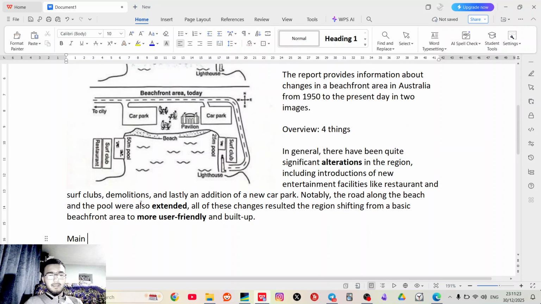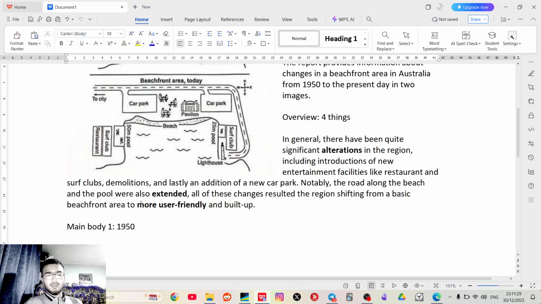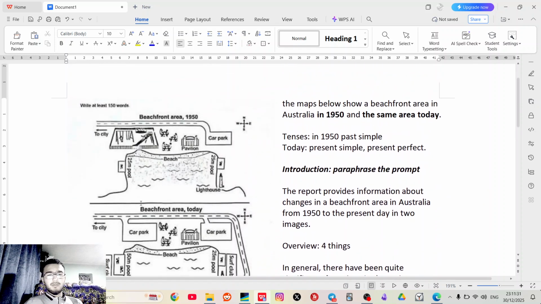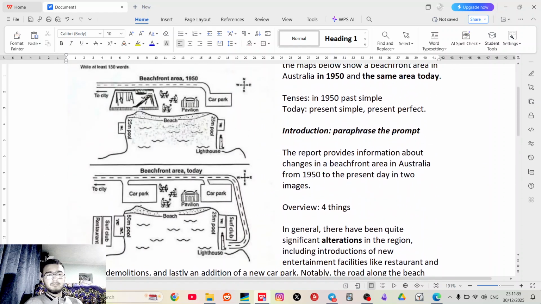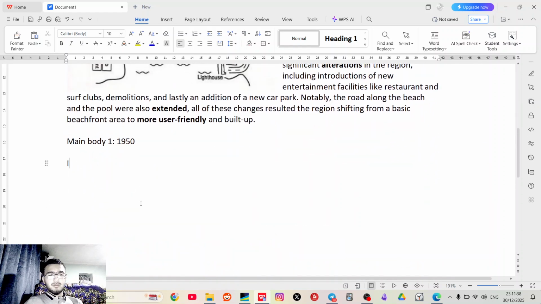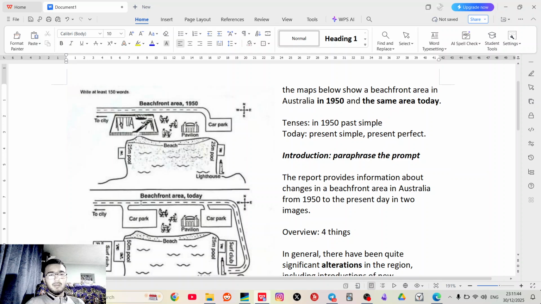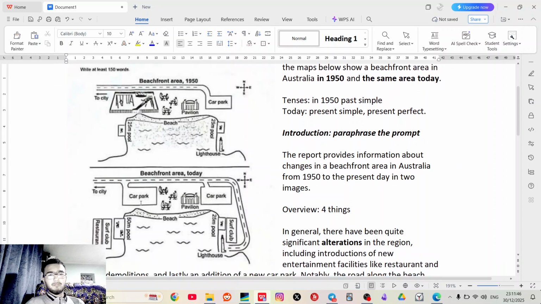And my main body one, right? For my main body one, it's really simple. I'm going to only talk about 1950, how it was looking in the 1950s. So in 1950,